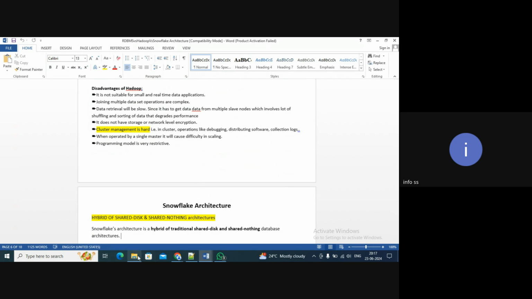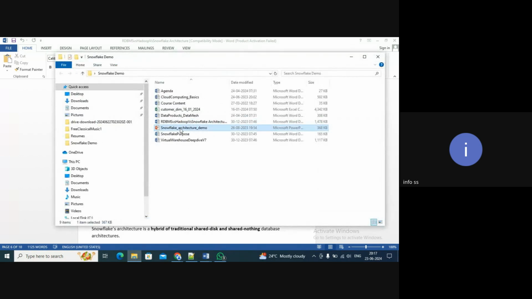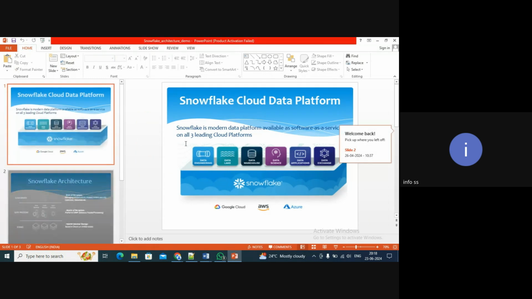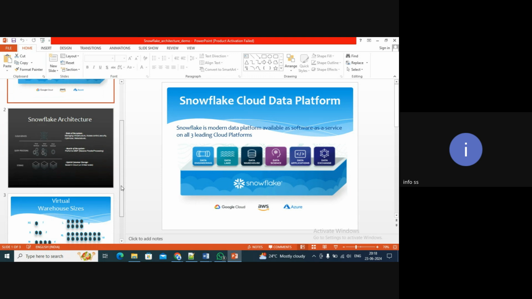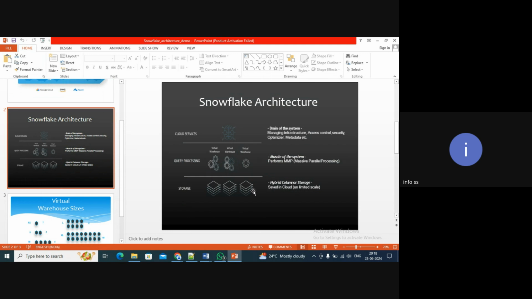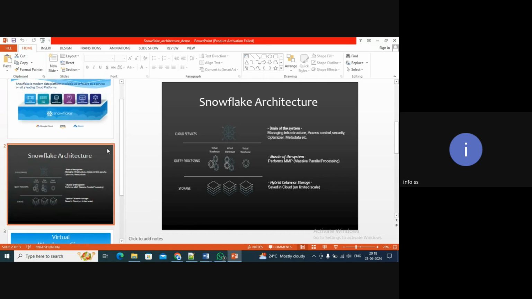Okay, let me show you. See, guys, about all of this, even database related terms, as I said, if you're not from a SQL background or data background, in our SQL session I'll be explaining in detail what is a database, what is a server, all of that in detail. So here, before I go to the architecture, on a high level, if you compare relational database and Hadoop with Snowflake,